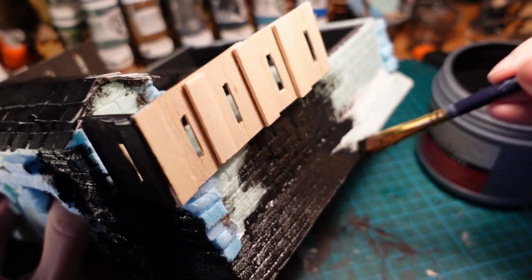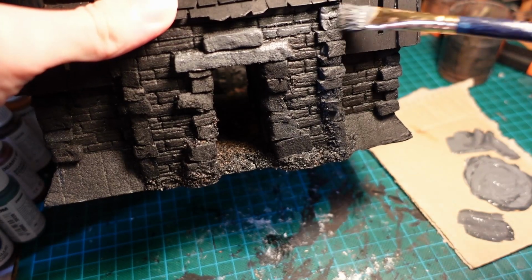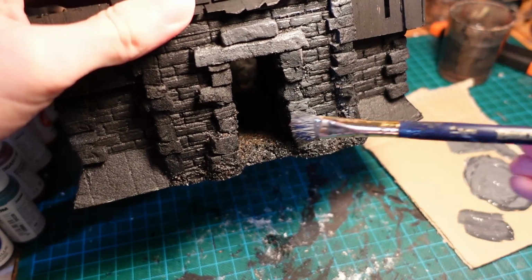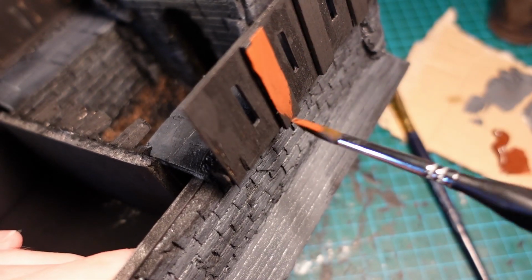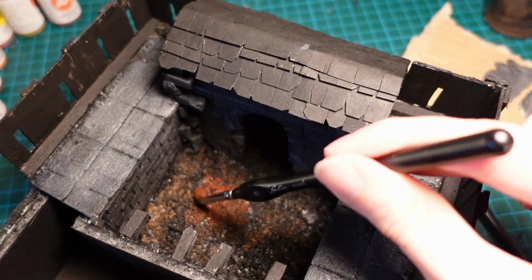Now, I'm not going to spend too long on the painting stage here, because once I've done the first floor, it's going to need repainting. This is mostly so I can add some of the later bits, while not then having to worry about painting underneath them. So the stonework goes grey, everything else goes brown,